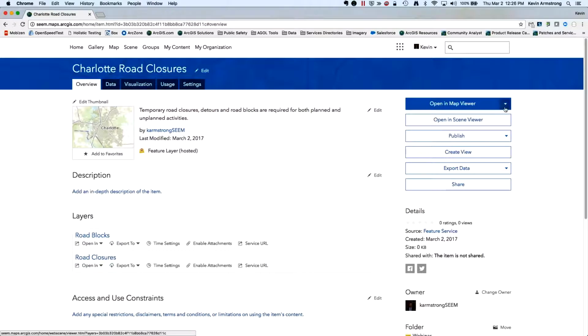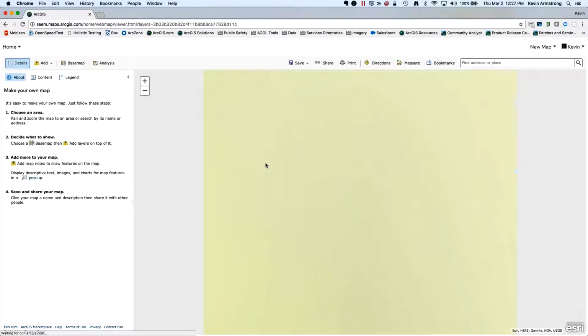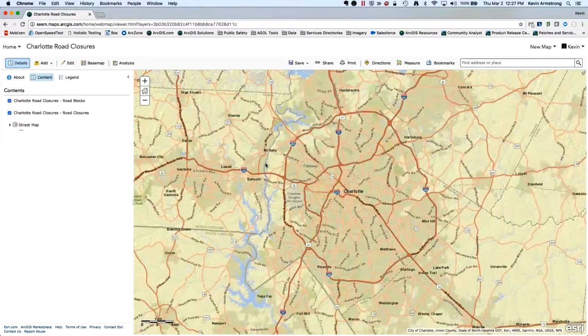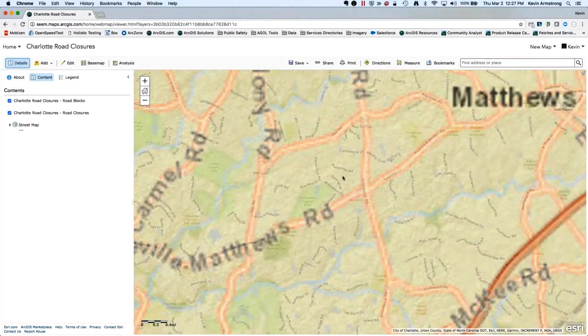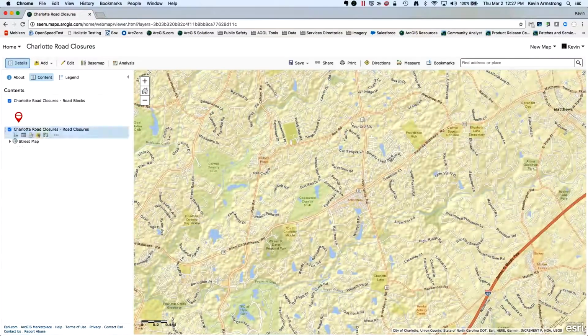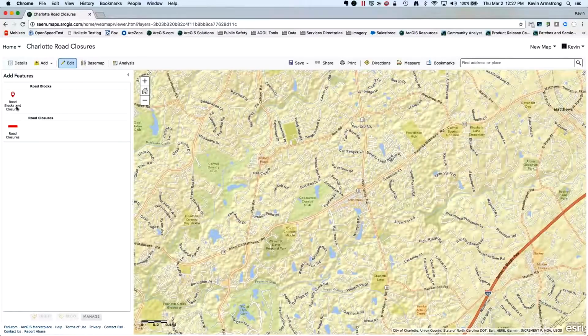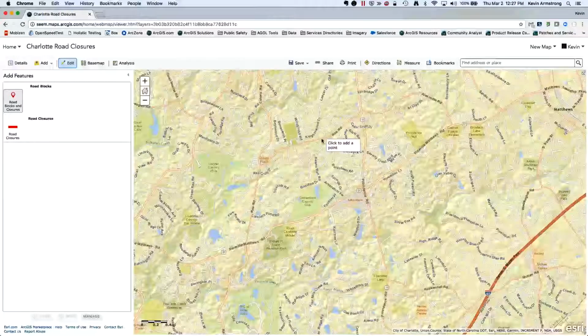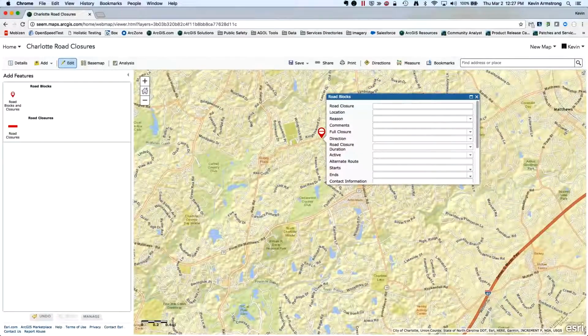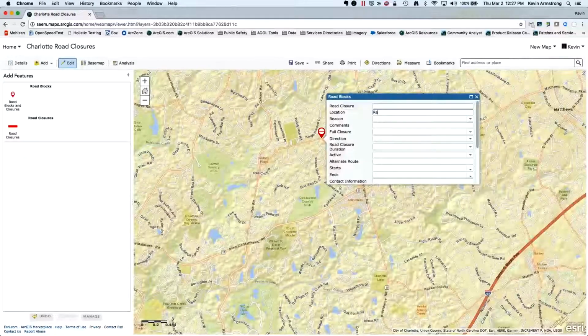So the first thing I'm going to do is just open this and add it to a new map. If you've worked in ArcGIS Online before, this is a fairly familiar workflow. I can zoom down to my location, and you'll see I have 2 feature services in here. I have road blocks as a point and road closures as a line. So I can begin to do simple things like click on the map, add a road closure in, do some very simple editing,